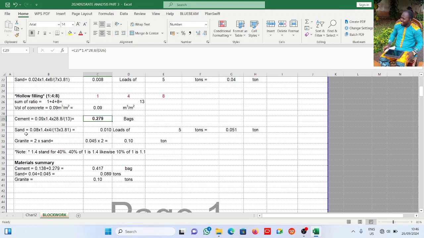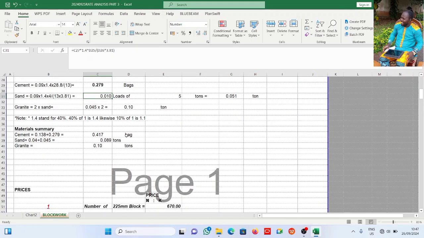Then the same thing goes for the sand, which is this. All right. So that's the fine aggregate. This has the 4. Then same thing goes for the granite. Granite is usually twice the sand, like we learned. All right. Now if we take this summary,